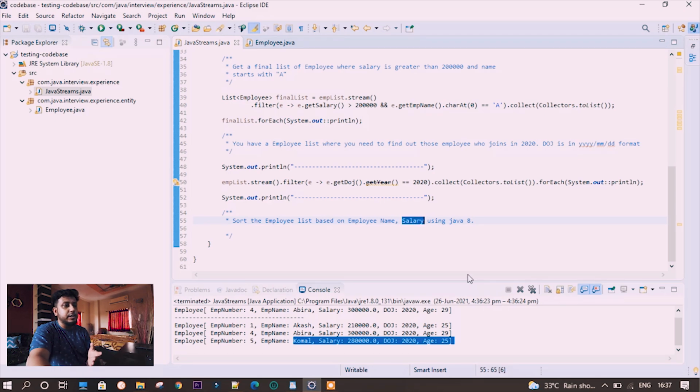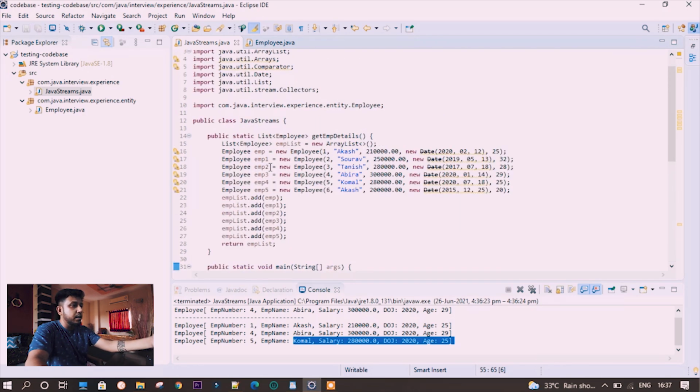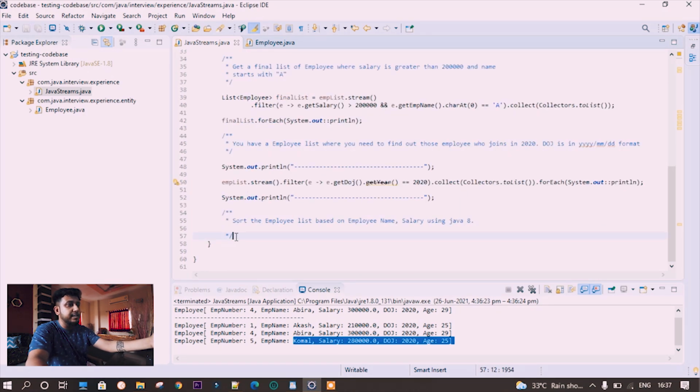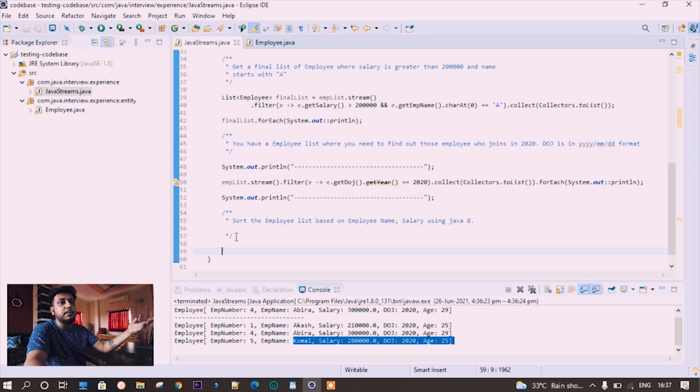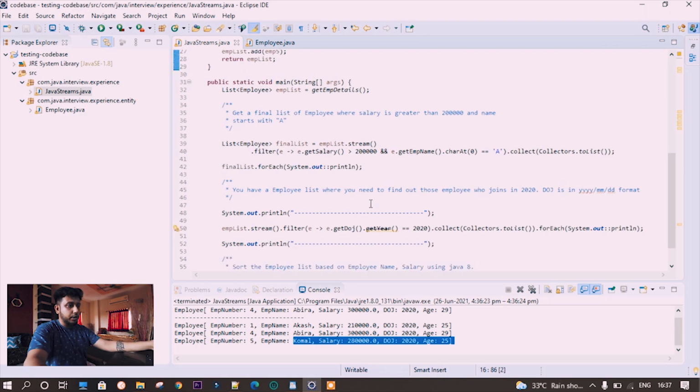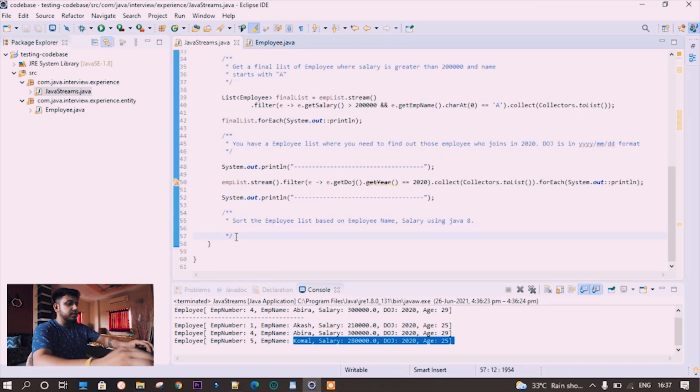If the salary is also the same, we can go for something else as well, like the date, who joined early, or the age, whose age is greater. For this, using Java 8 features, we can use lambda, comparators and compareTo.